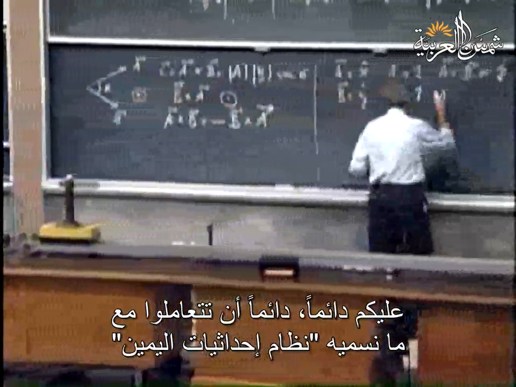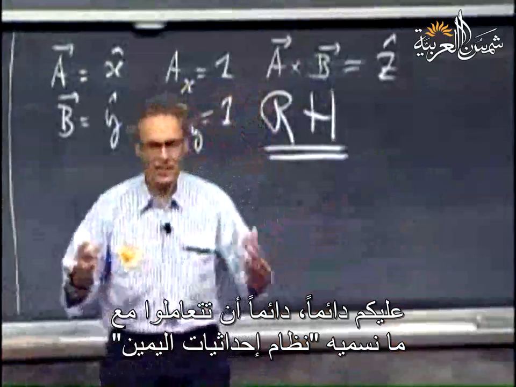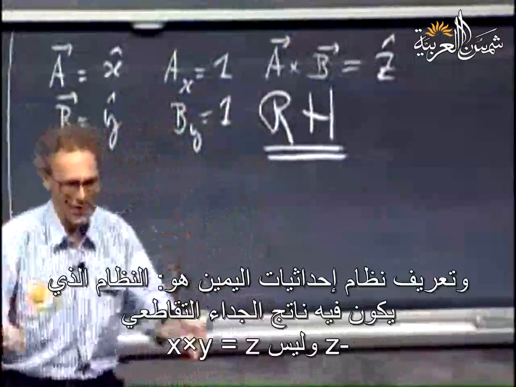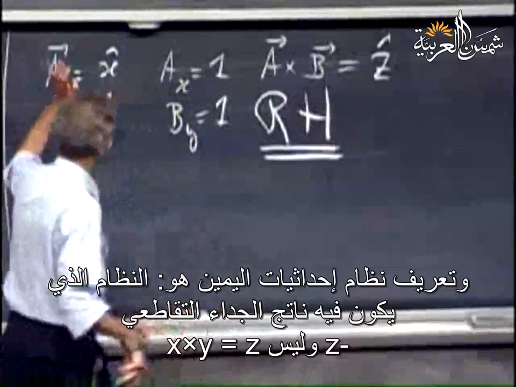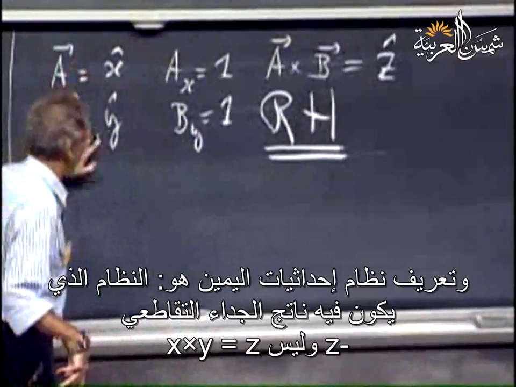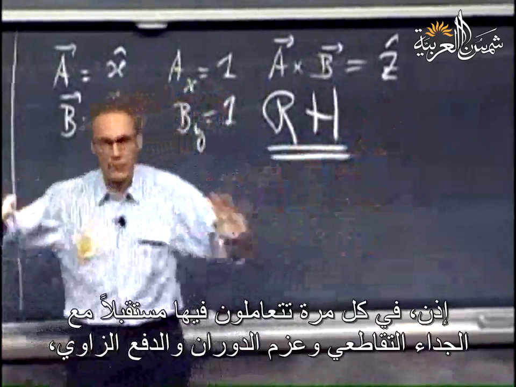You will always have to work with what we call a right-handed coordinate system. And a right-handed coordinate system, by definition, is one whereby the cross product of x with y is z, and not minus z. So whenever you get in the future involved with cross products and torques and angular momentum, always make yourself an x, y, z diagram